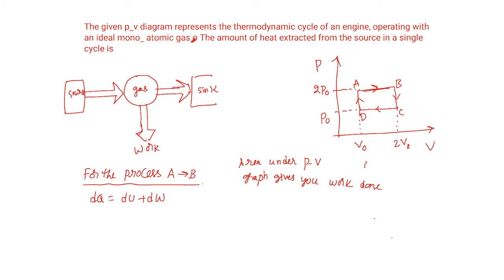Now, I have a PV graph like this. Here itself, I am explaining all the topics, definitions and formula related to that. This is a PV graph. This is a thermodynamic process A to B. We'll come to that problem later. Now tell me, is work done positive or negative?